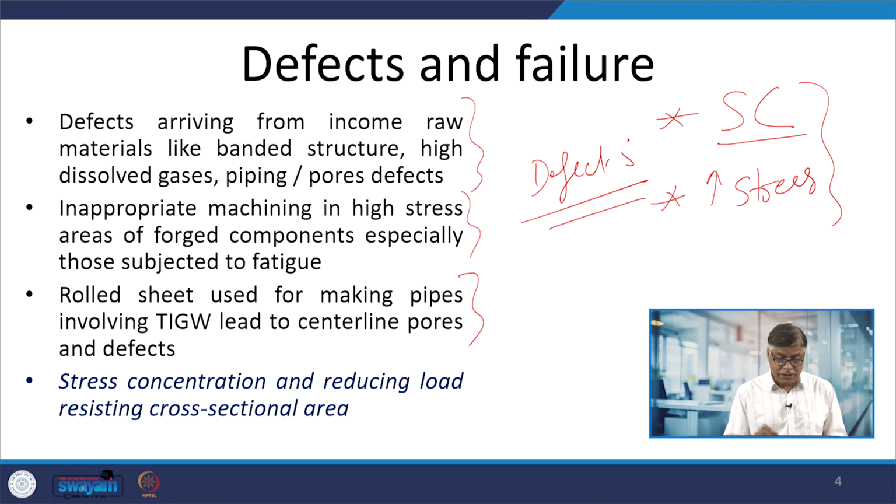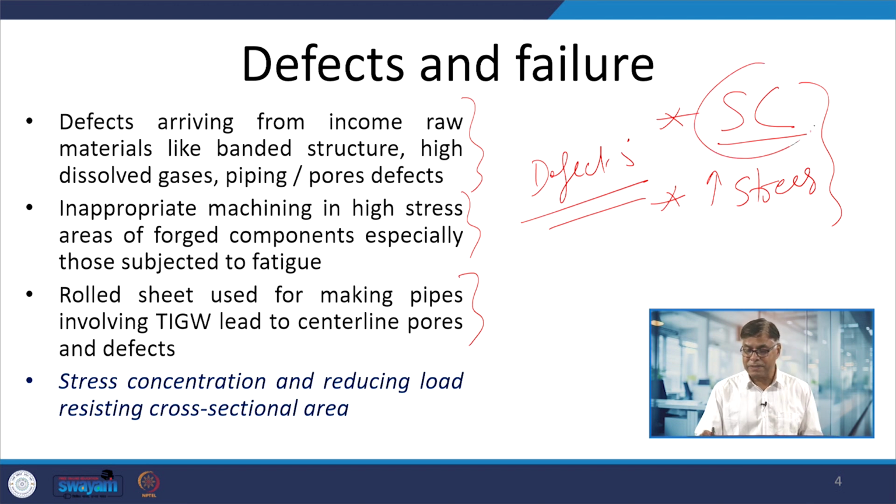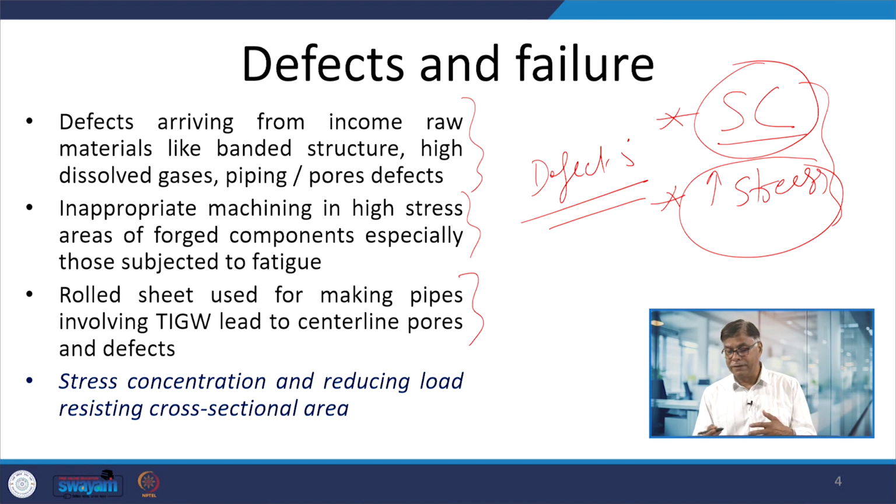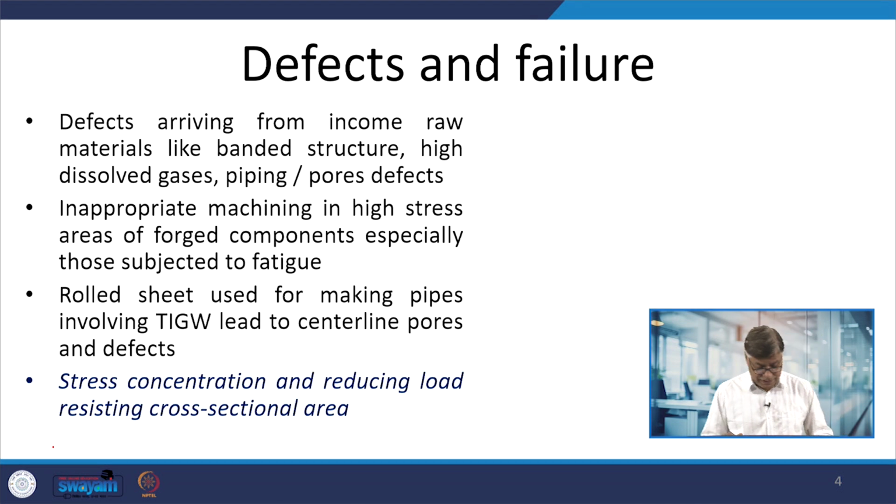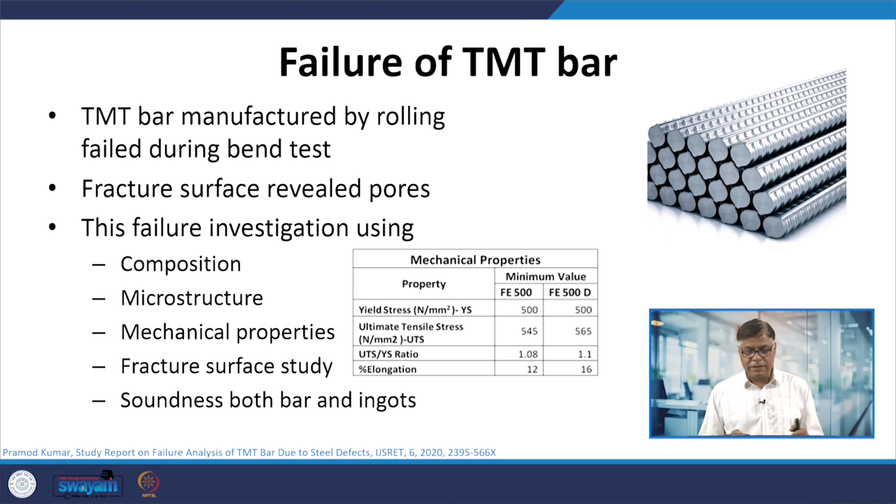So, the presence of defect in any product will promote the stress concentration and the level of stress that will be experienced due to the reduction in load resisting cross sectional area at the locations where the defects are present, and that is why the failure will be promoted and encouraged easily. So, we need to analyze the things in light of this. Say, so these are the three typical case studies which I will be taking up, like the TMT, which means